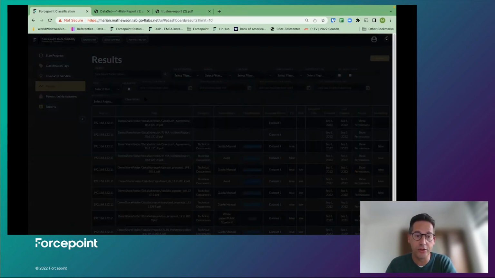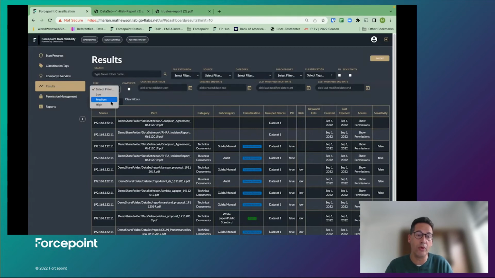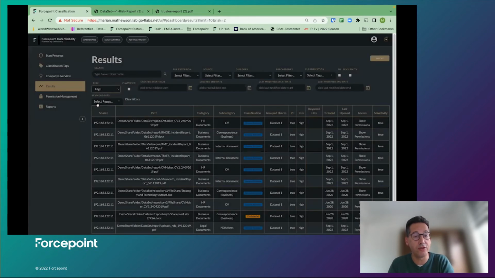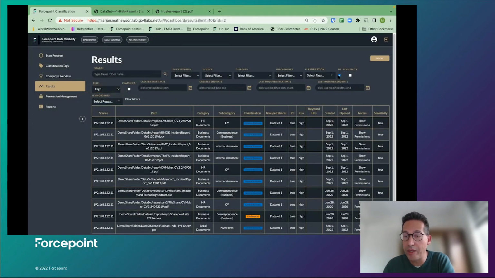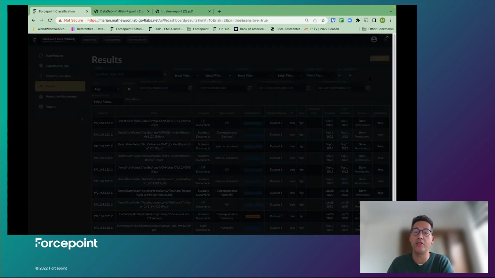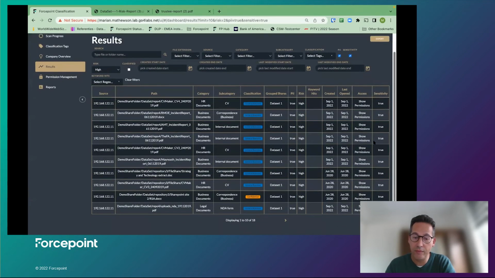So if I click on these results, and I will filter based on risk to limit the set of files a little bit. If I have a look at high-risk files first, containing PII and to be considered sensitive, I can see out of those 750 files that we scanned, there are 18 files that the system returns that qualify as high risk with PII and sensitivity, which is not a surprise, because part of the reason why things are high risk is based on whether or not they contain PII and whether or not they are considered sensitive.